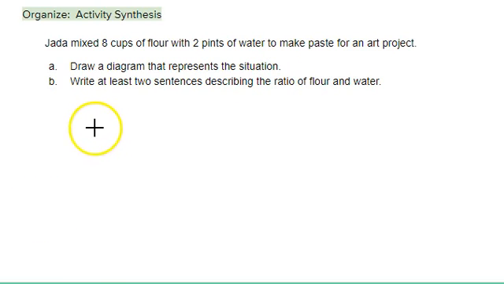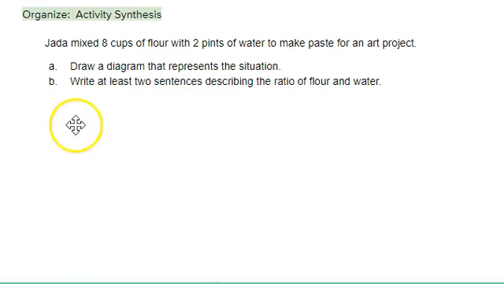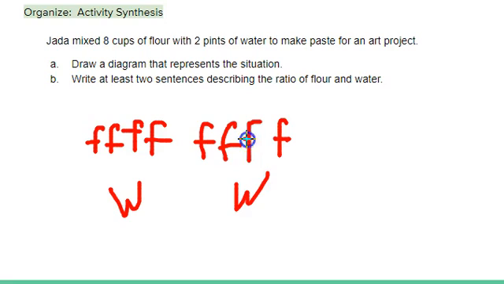So you could do something like this. As far as how it would look, I could say that it's 4 cups of flour to 1 pint of water, right? Or I could say that it's the 8 cups to the 2 pints. So I've got the flour. Hang on. I've got 8 cups of flour to 2 pints of water,